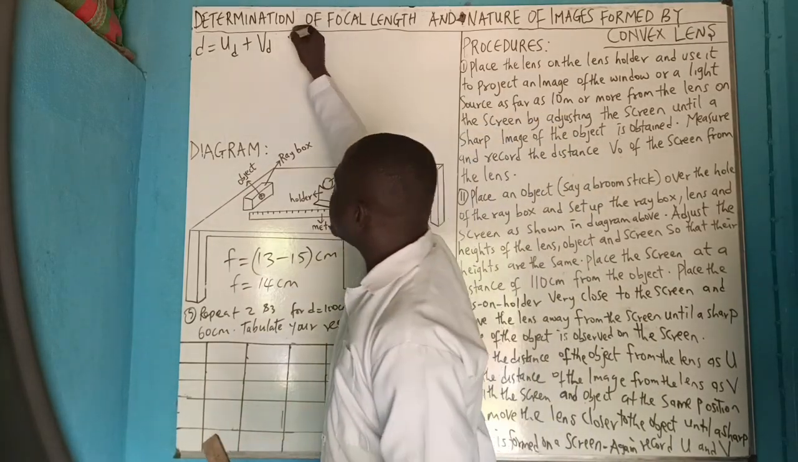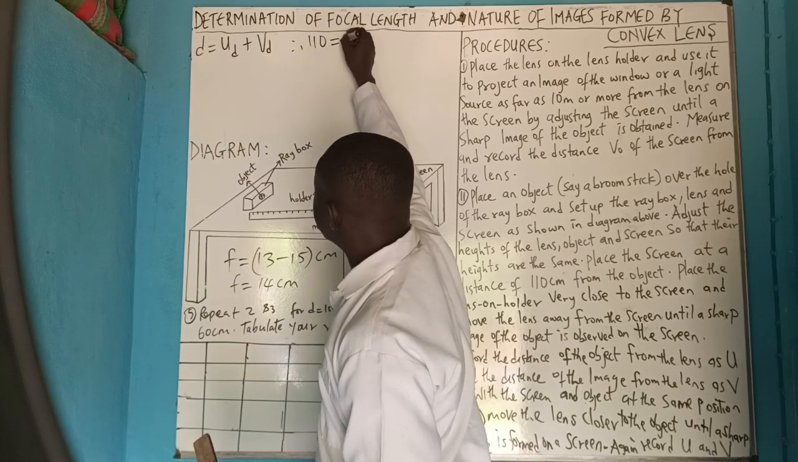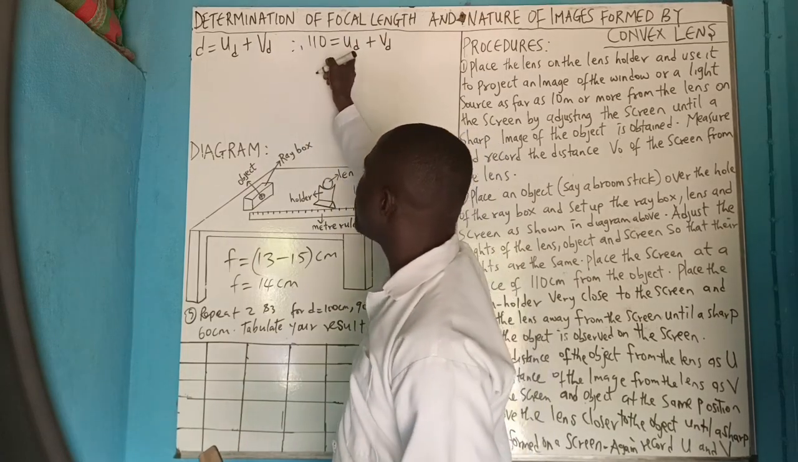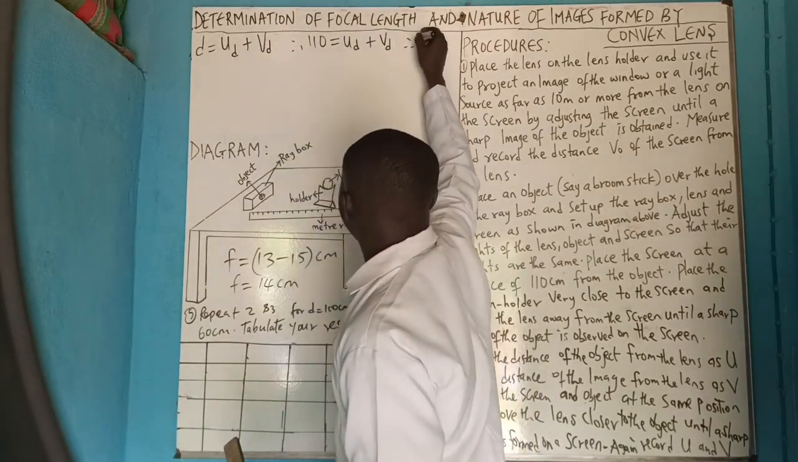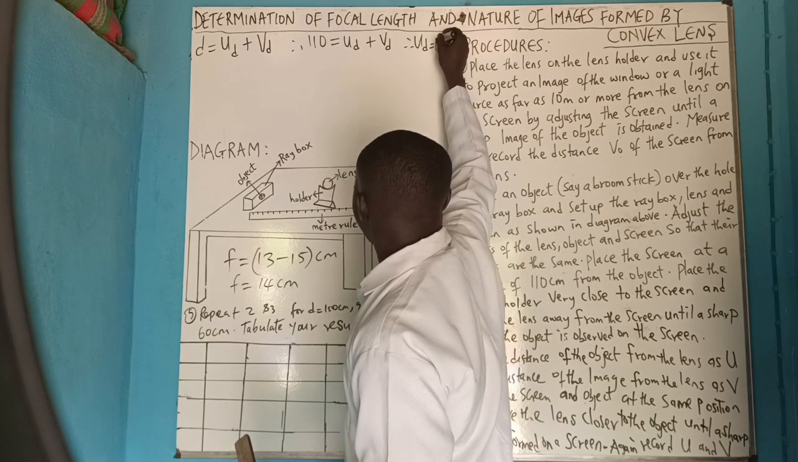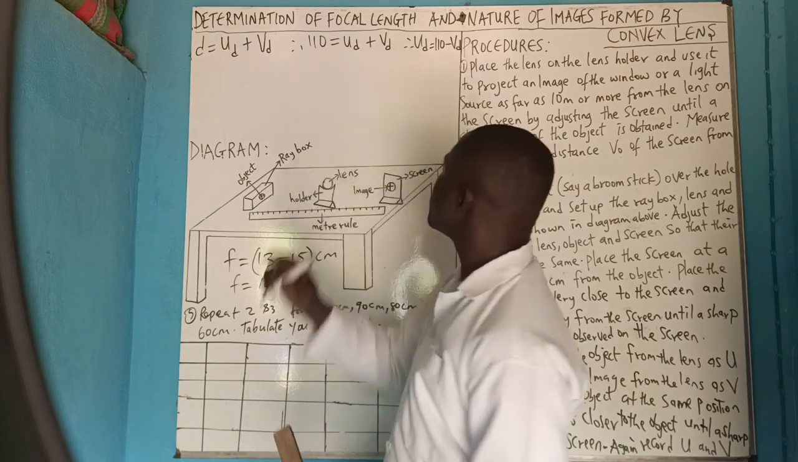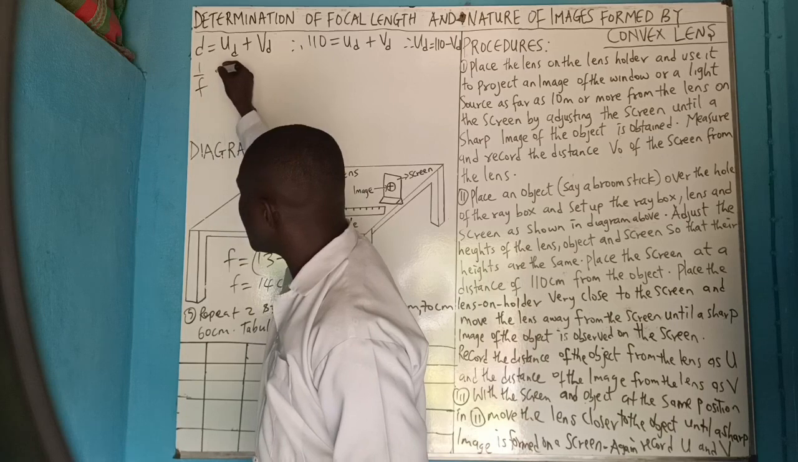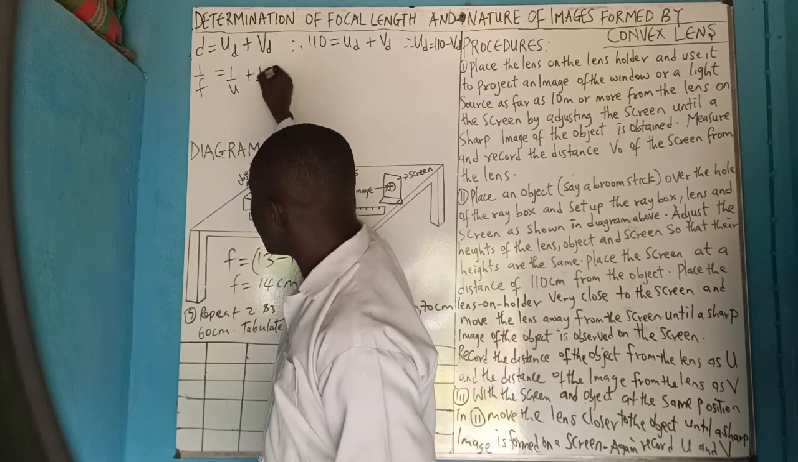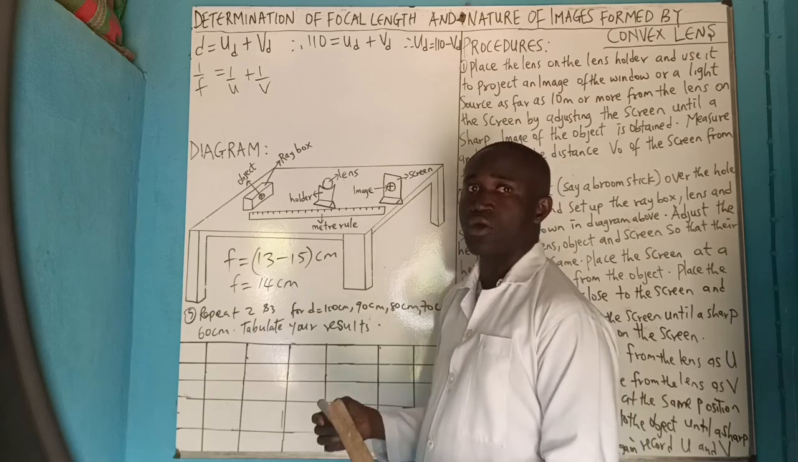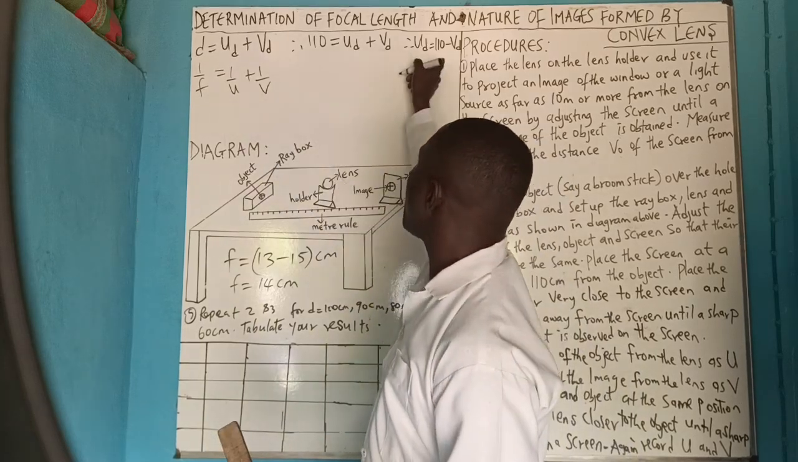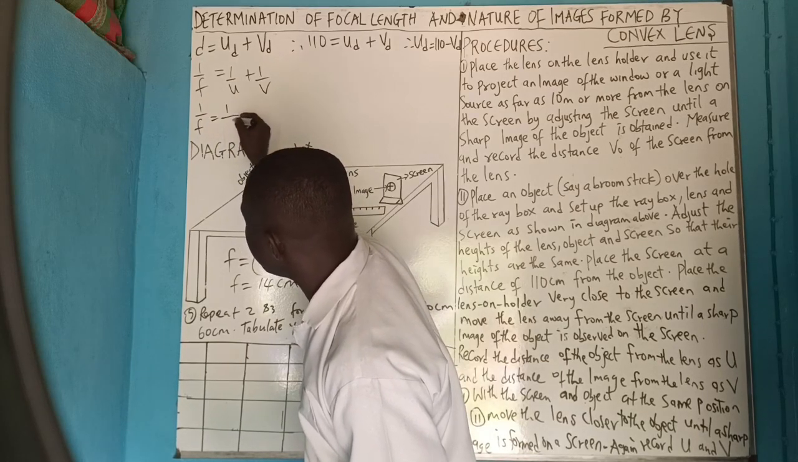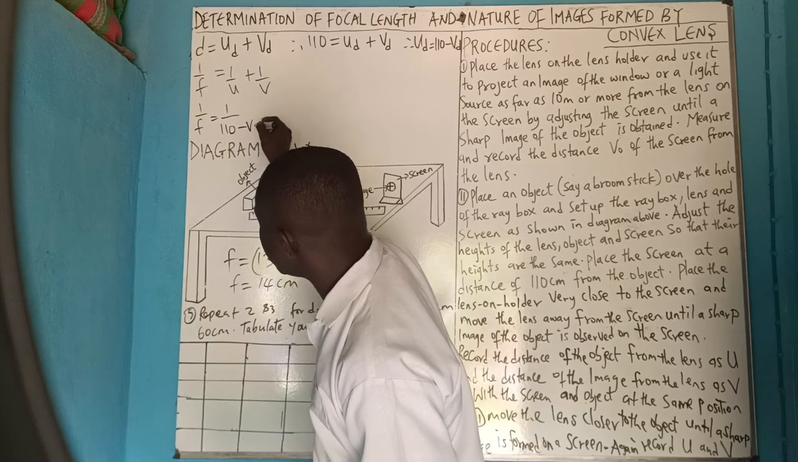110 cm. And so we say 110 equals UD plus VD. We can make U the subject of formula. Therefore UD equals 110 minus VD. And you still remember that our lens formula is 1 over U plus 1 over V. Where U is 110 minus VD, we say 1 over F equals 1 over 110 minus VD,